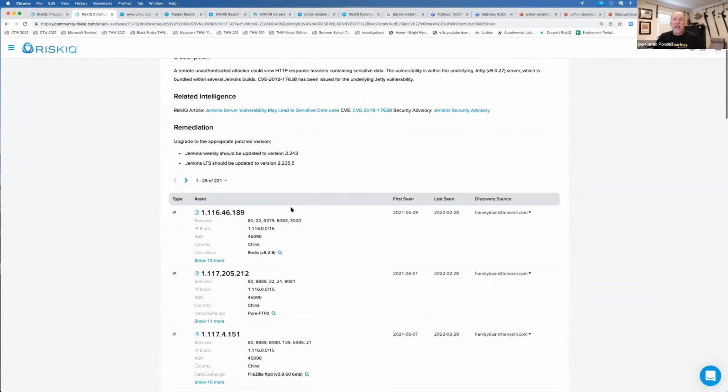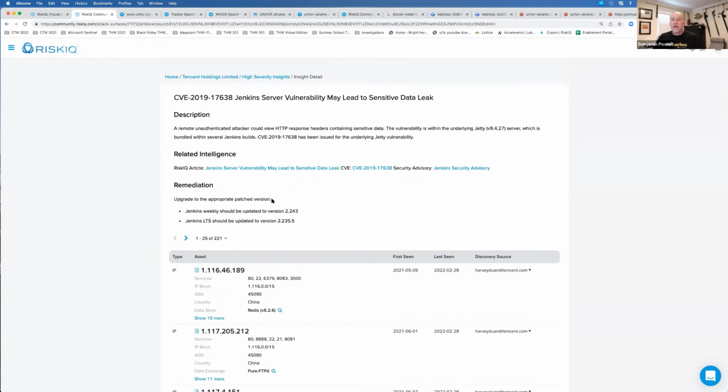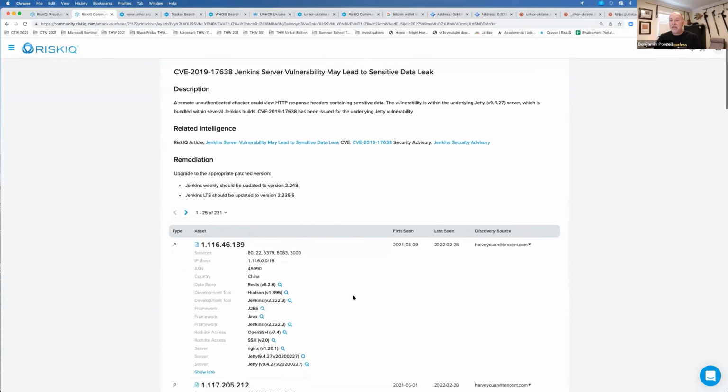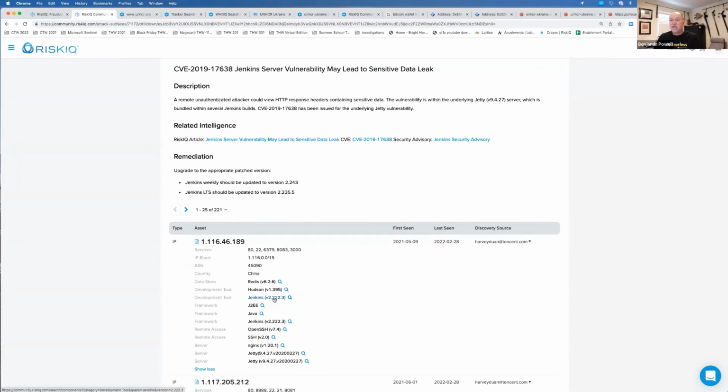So when I click on that, I will see the vulnerability information, and I'll see all of the assets that have that particular version or that problem that we've identified. And those devices will be listed in here to say, hey, this is version 222.3 this one has. So this gives me the capability of seeing where those things might be.